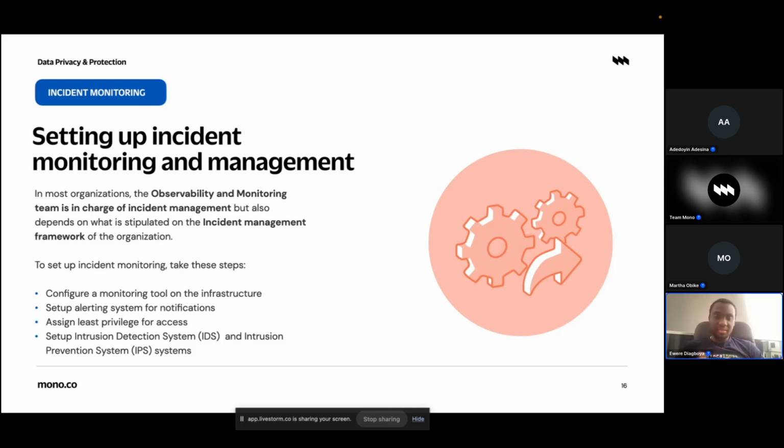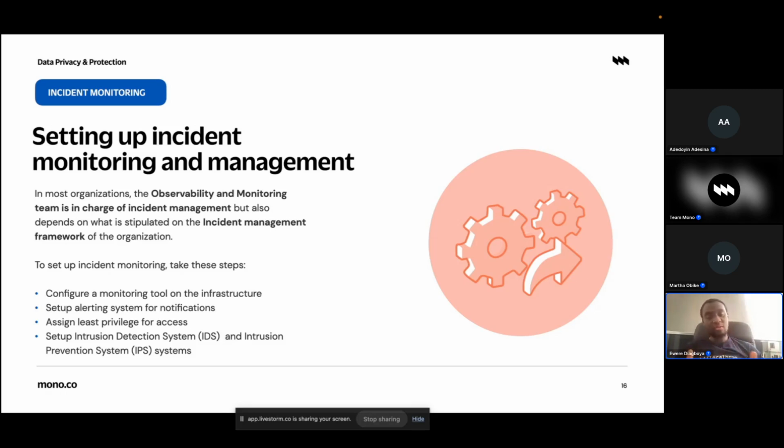So one of the basic things an IDS can do for you is that if you have unsolicited requests coming to your website or your application or your server, it can tell you, you know what, this set of IP addresses coming to your server are not good IP addresses, they are malicious IP addresses. Then you could blacklist those IP addresses or use some kind of firewall rules to block them from having any form of access to your system.